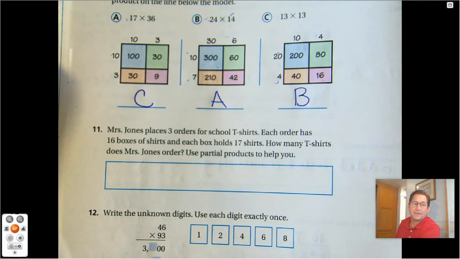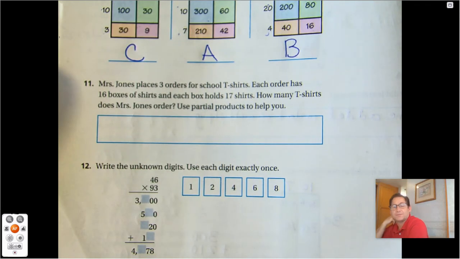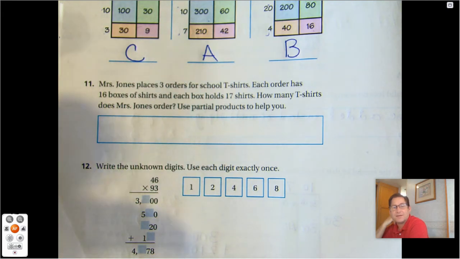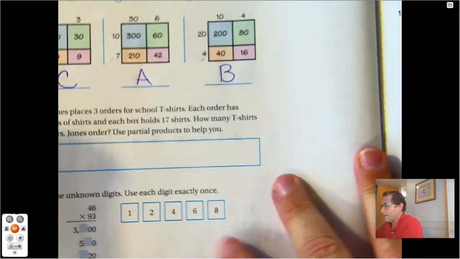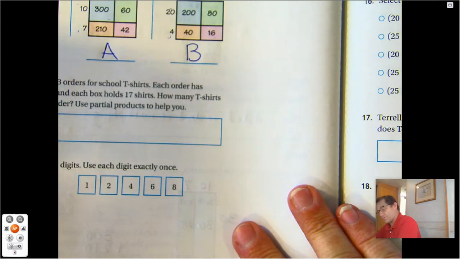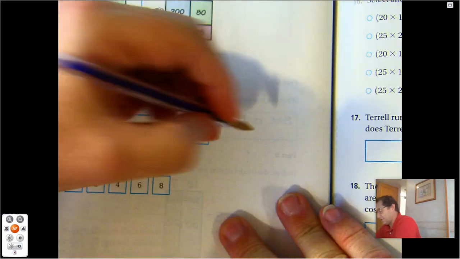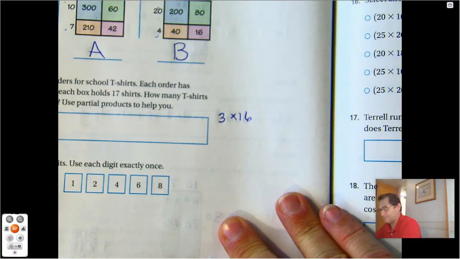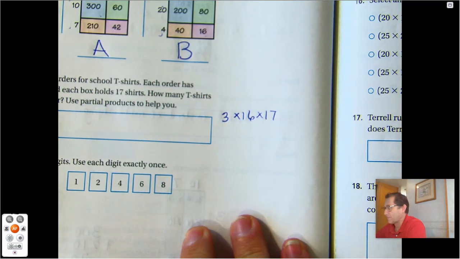11. Mrs. Jones places 3 orders for school t-shirts. Each order has 16 boxes of shirts, and each box holds 17 shirts. How many t-shirts does Mrs. Jones order? Use partial products to help. Okay, so we have 3 orders for school t-shirts. Each order has 16 boxes, and each box holds 17 shirts. Okay, so